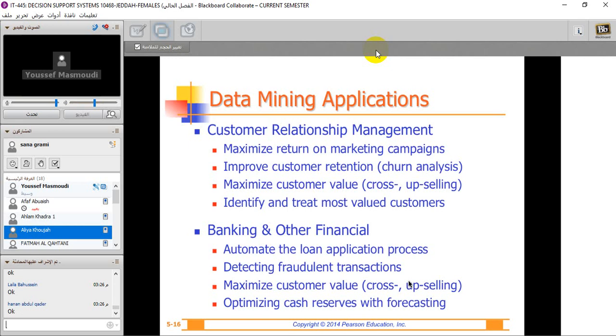Is this customer loyal or not loyal? So will we trust this customer or not? So this will be based on the characteristics of this customer. So, in other words, we will classify this customer,